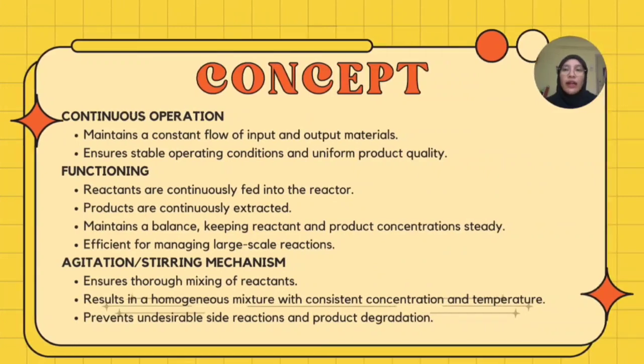Next, concept of CSTR. A CSTR functions by maintaining a continuous flow of input and output materials, ensuring a stable operating condition and uniform product quality. Reactants are consistently fed into the reactor, while products are continuously extracted. This continuous flow maintains a balance, keeping the concentration of reactants and product steady, which is crucial for managing large-scale